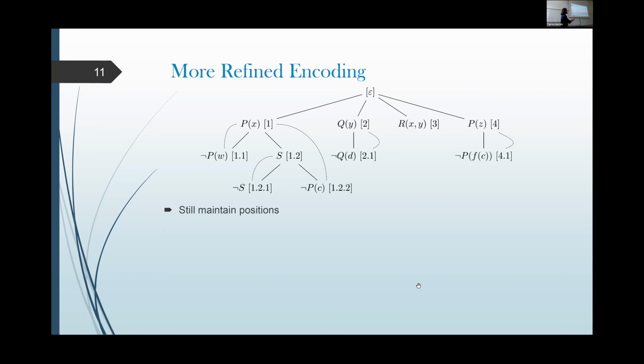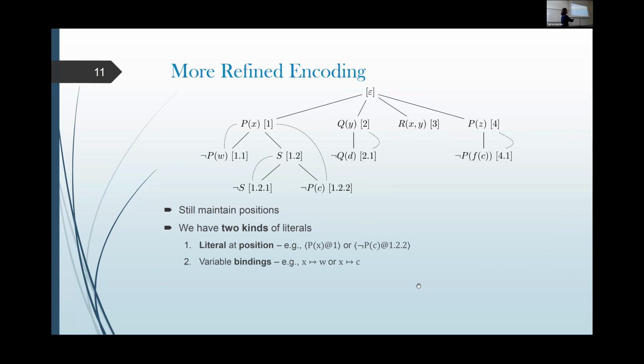Okay, so let's go back and refine our encoding a bit more. We still maintain position, so I didn't change anything in the picture here, but we now only have two kinds of literals. Before we had a start literal, an extension literal, a reduction literal, but actually, why do we need them? We actually don't care where the unification comes from, we just care that there is a unification that prevents us from doing so. So what we have is just a way of expressing that a certain clause literal instance is at a certain position, so we annotate it with this literal, here x at 1,